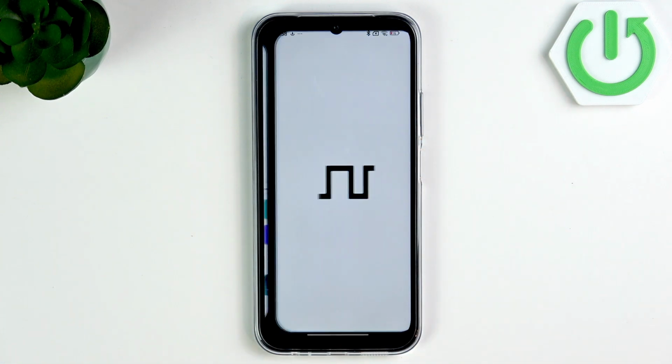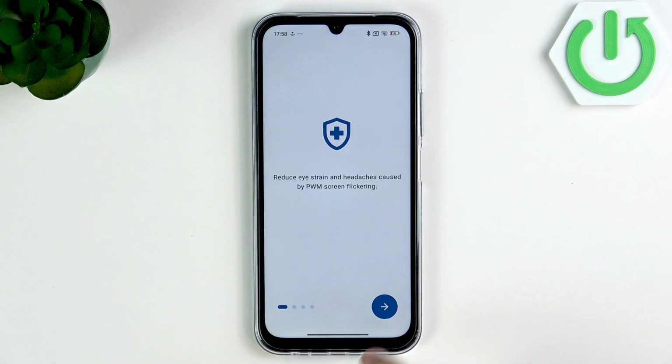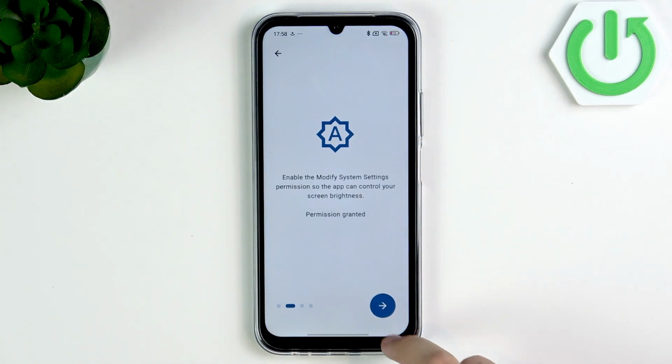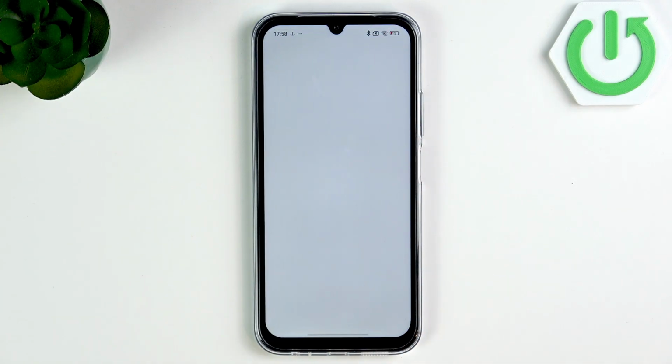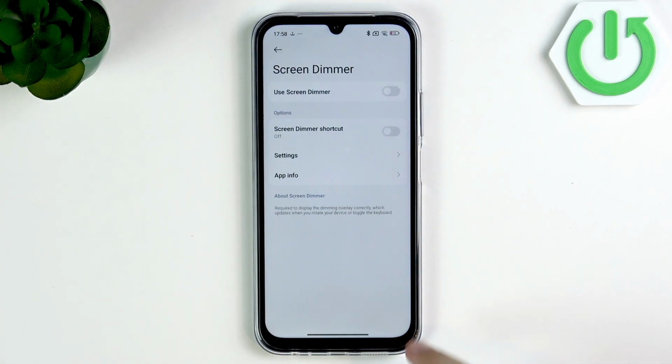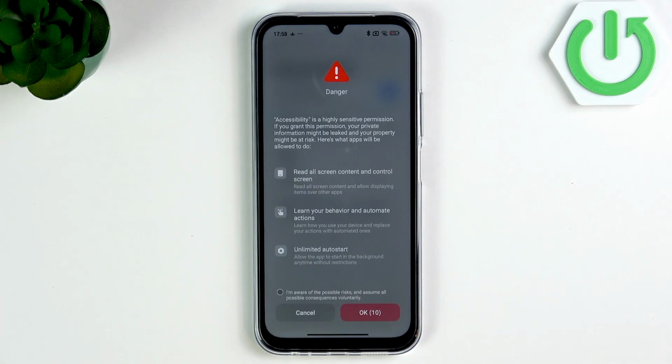Now we can click on open, and here let's grant it permission. So we're gonna start off with allow modifying system settings so it can change the brightness. Now we want to give it the accessibility settings. We're going to go to the downloaded apps and here choose the Screen Dimmer so it can read our screen and see whenever we're using an overlay, for example the keyboard, or we're just rotating our screen, so it can match the brightness. Let's click on OK,